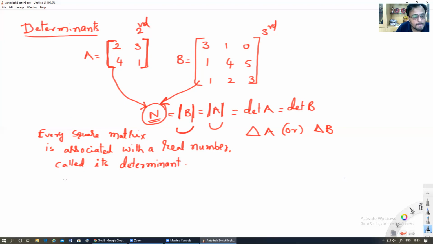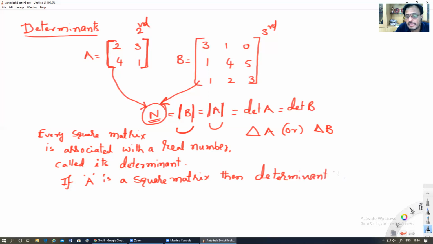Suppose A is a square matrix, then the determinant of A is denoted by